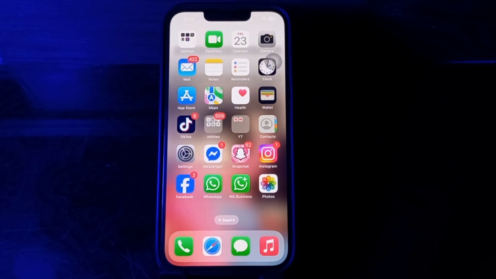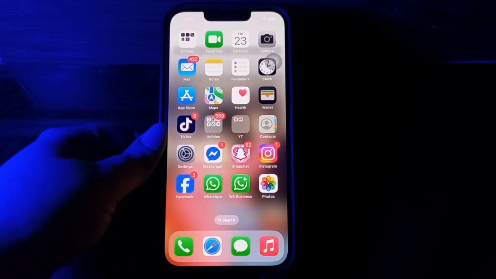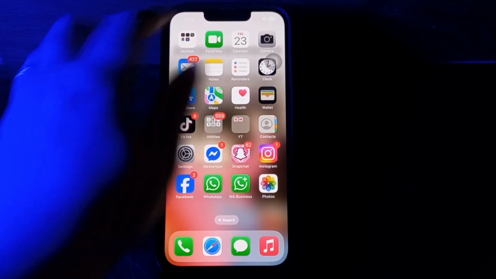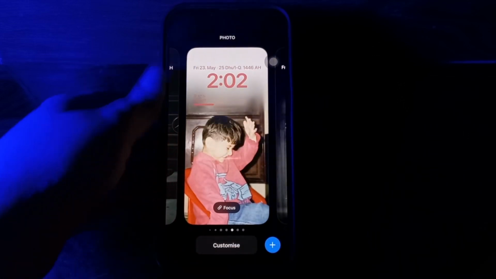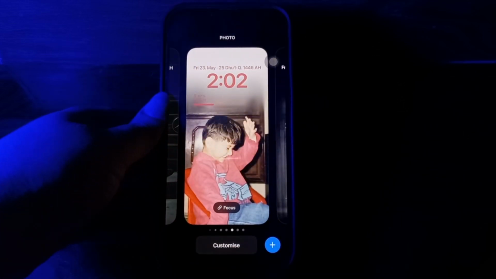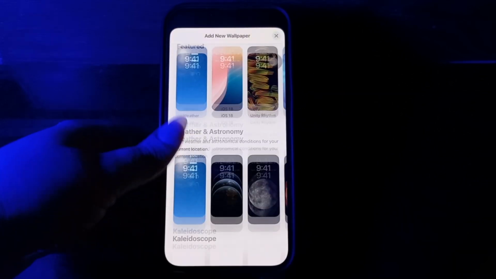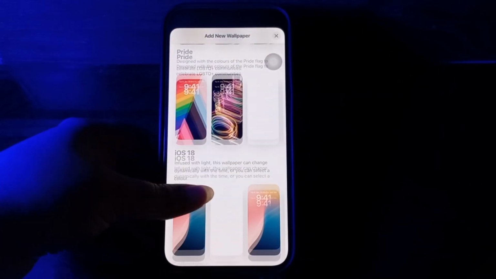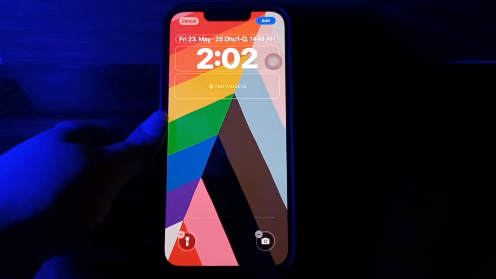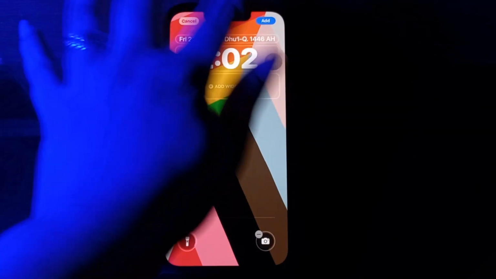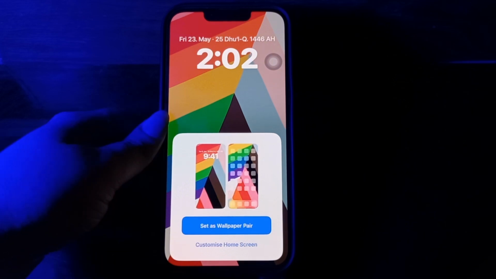And also you should check out Apple's new Pride Harmony wallpapers. With iOS 18.5, Apple added a new Pride Harmony wallpaper for the iPhone. For this, scroll down to open the notification center and then tap and hold. Next, tap on the plus icon. Scroll down and go to the Pride section. Here you will see all the wallpapers. Tap Done to add a wallpaper and then choose Set as Wallpaper Pair